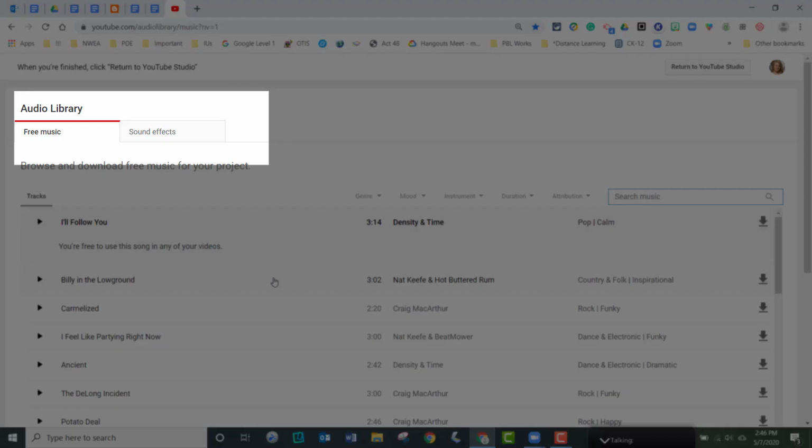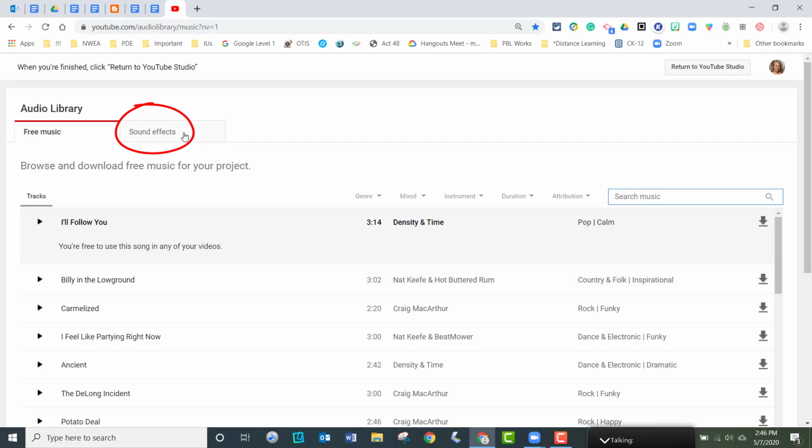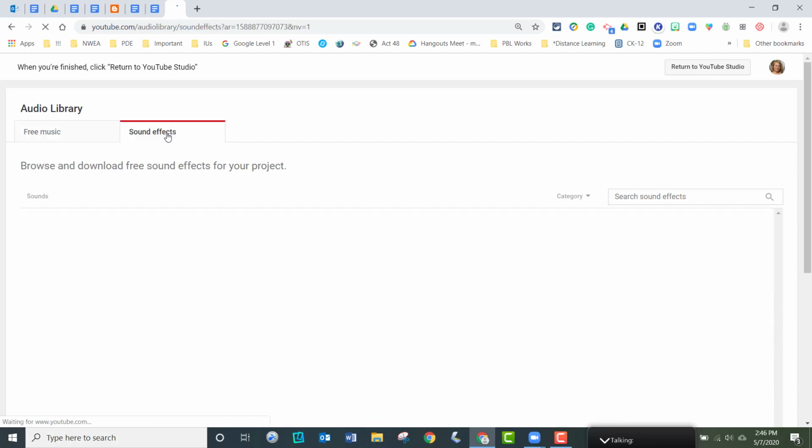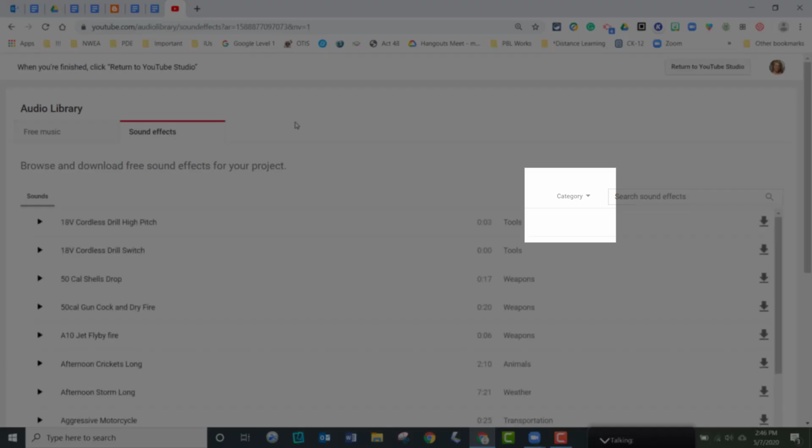You also have a tab up here toward the top for sound effects. So when you click that, you can find just about any kind of sound effect that you want to look for. Under category, you have a whole bunch of them. All kinds of ambiance noises and emergency or